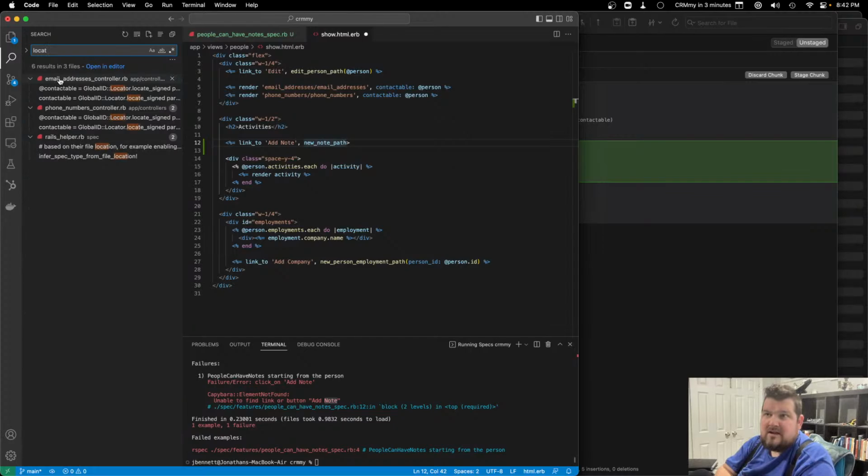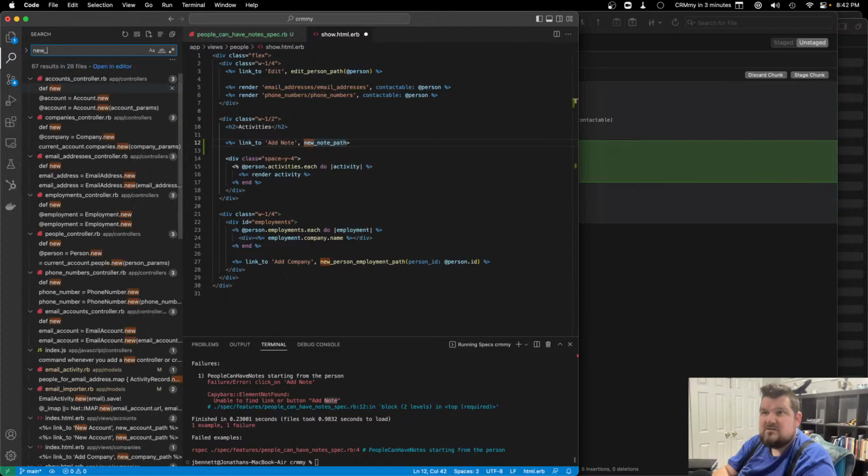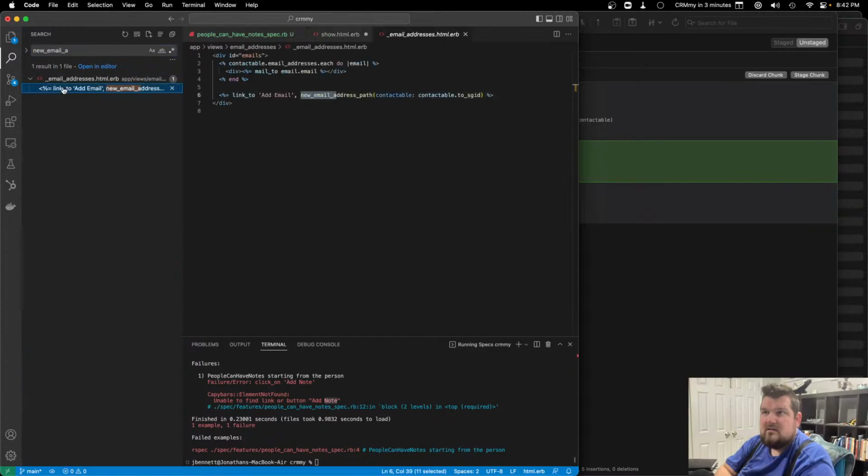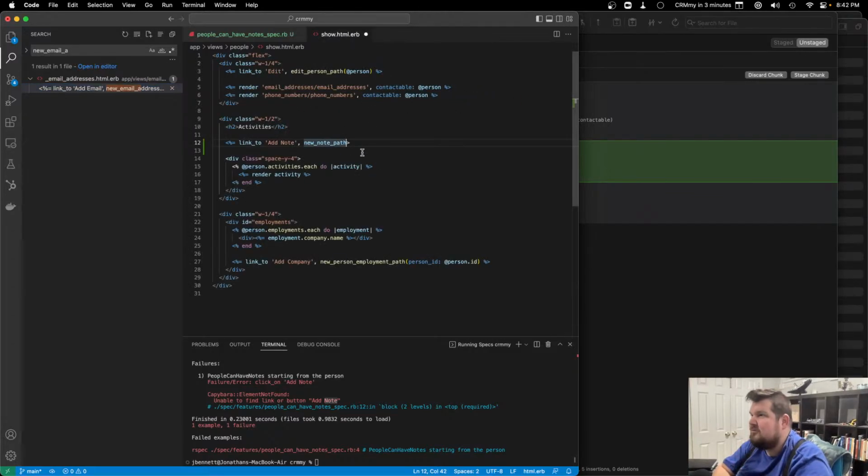Yeah, the email addresses is one I did that with. So on the new email, we did contactable, contactable to_sgid. We're going to do the same concept here. So in here, new note path, and this is going to be going to,